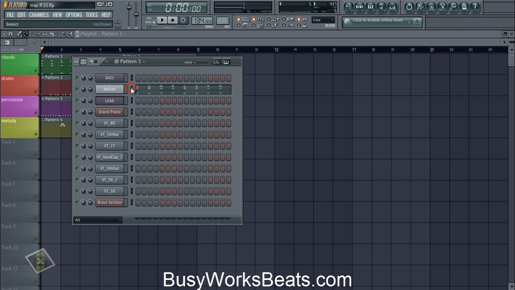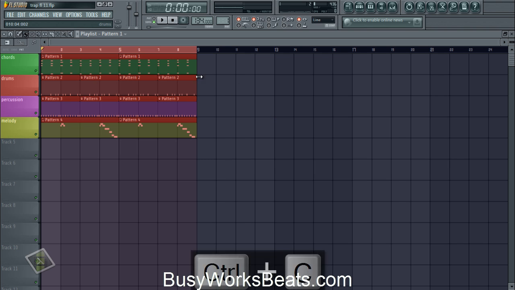Now you can add a chord in here so it can go. Now I'm just playing D minor. So that's what I'm going to do for the chorus section.